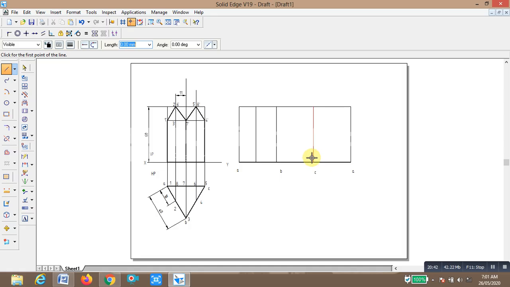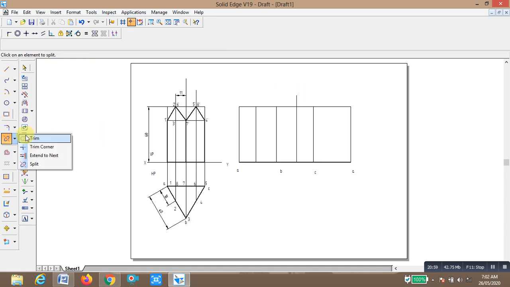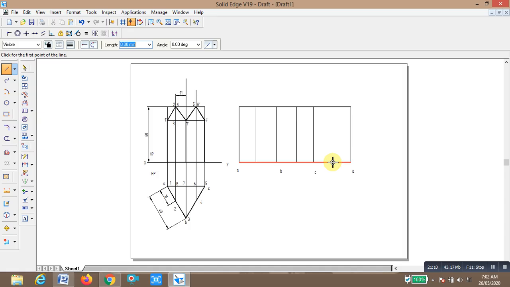Okay, you draw the vertical line, you trim the unwanted line, you trim this line. Okay, and here also we have to draw the lines exactly from this end to the middle, 20, enter, 0, enter.